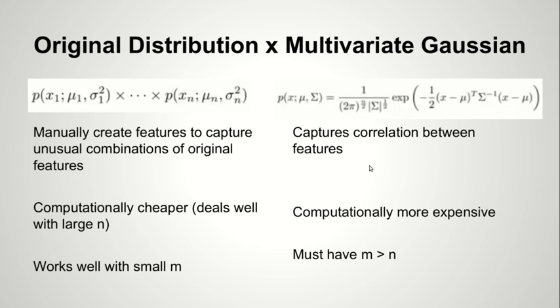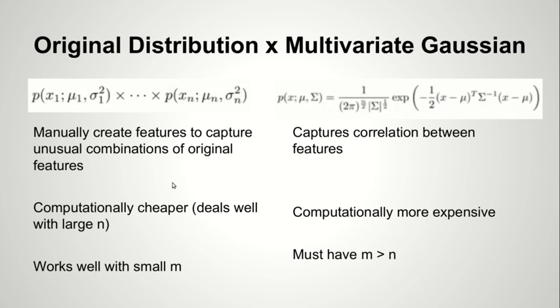As I told you before, this model, the multivariate Gaussian, is able to capture the correlation between features automatically, whereas the original distribution model needs, if you want to capture unusual combinations of original features, you have to create a new feature. Let's say put x1 divided by x2, and then you have one value that when plotted will model well with the concentric circles instead of the ellipse shape that we saw with the multivariate Gaussian